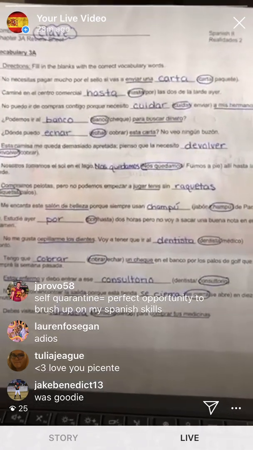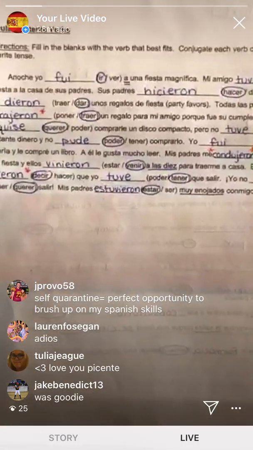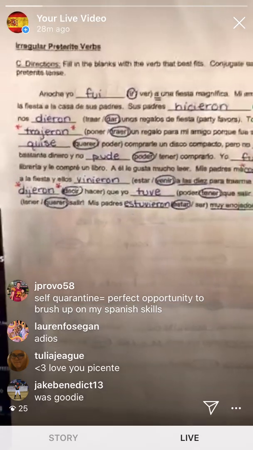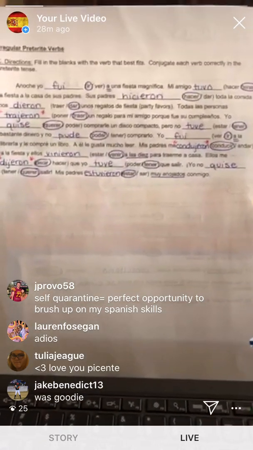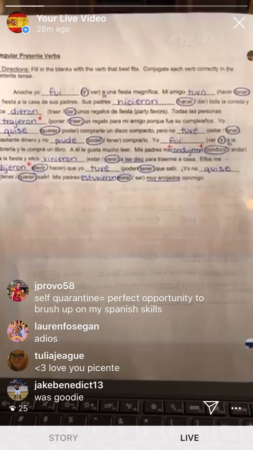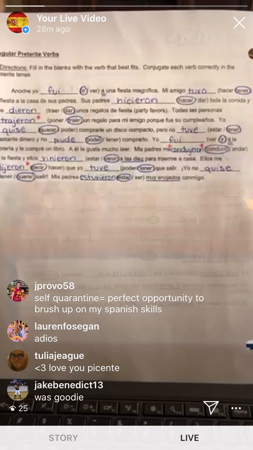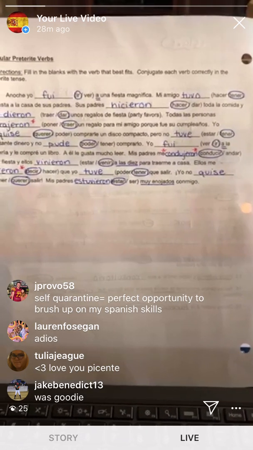All right, so then I'm going to flip it over to the back, and this was the preterite practice. And let's see if I could get it all here. Okay, so this was the paragraph. If I translate it, it says, last night I went,